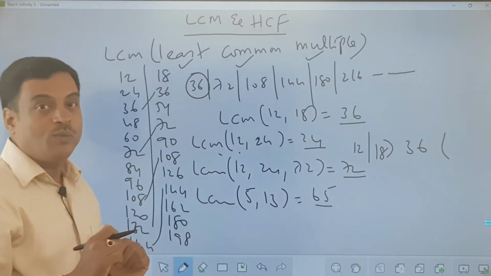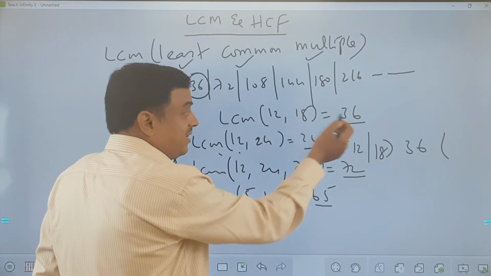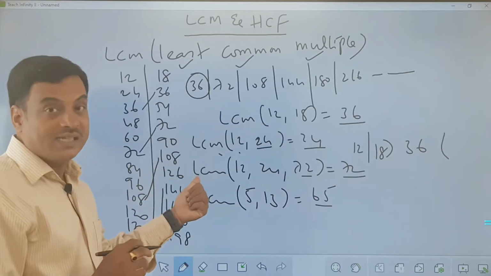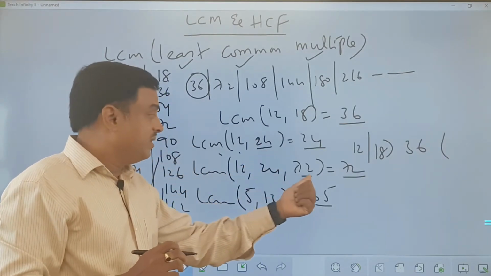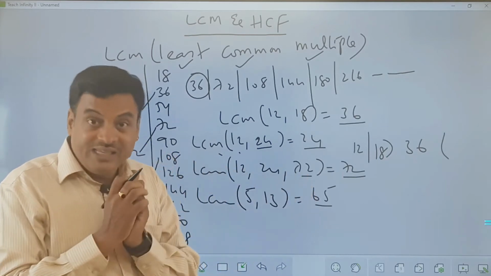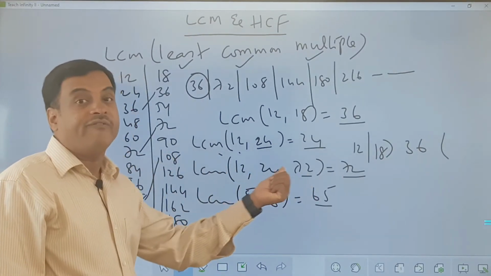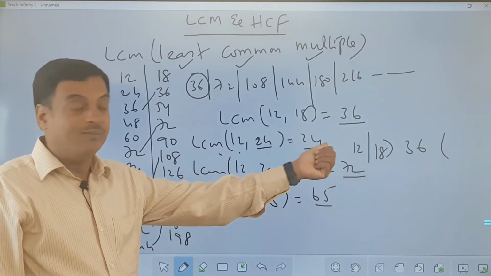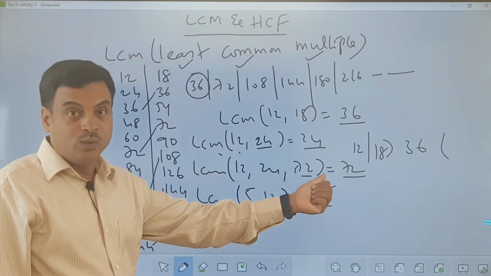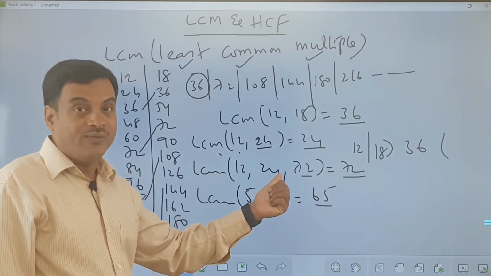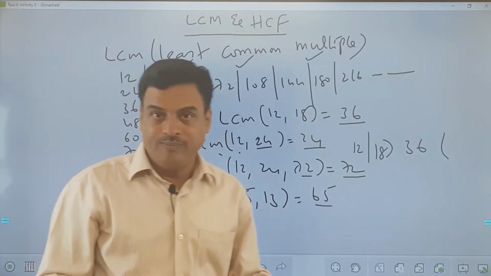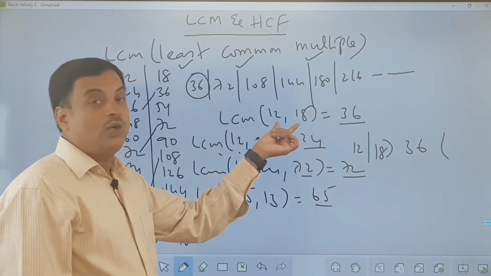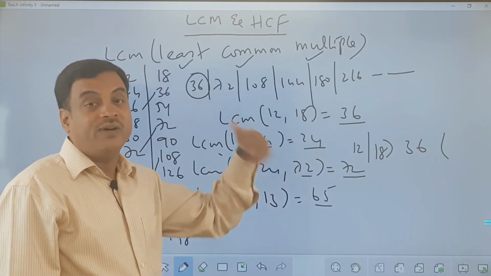And the second observation I see, it will be either greater than the given numbers or the greatest of the given numbers. If you see the middle two examples, the greatest number among the three is the LCM. When will this happen? When 12 and 24 are factors of 72. Now 12 is a factor of 24, therefore 24 is the LCM. Here 12 and 24 are factors of 72 and 72 is a common multiple of 12 and 24, so 72 itself is the LCM. Here 5 is not a factor of 13, therefore the other number will come. Here between 12 and 18, 12 is not a factor of 18, therefore the higher number will come.